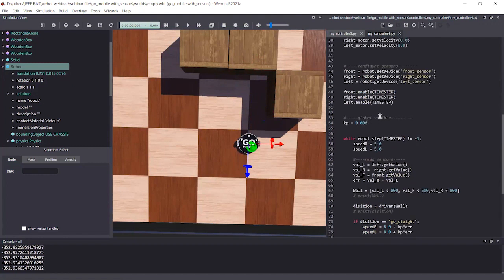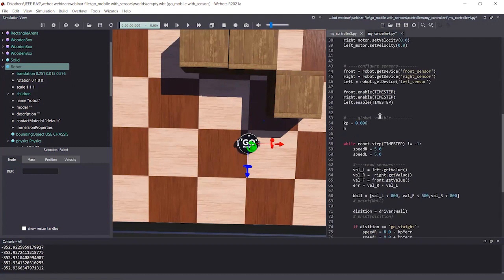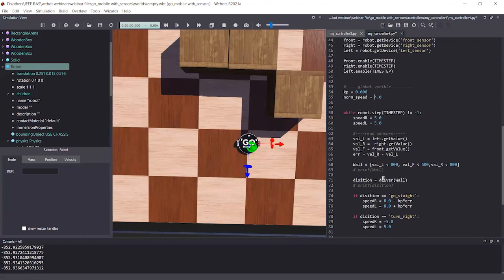I'm going to use a normal speed. Let's set the normal speed to 4. Just because we can change the speed, because tuning is changing every value.